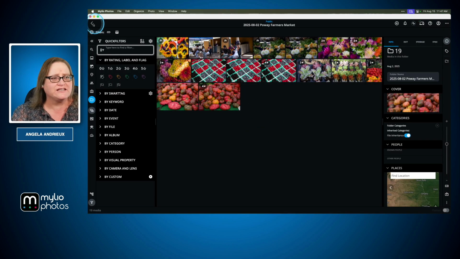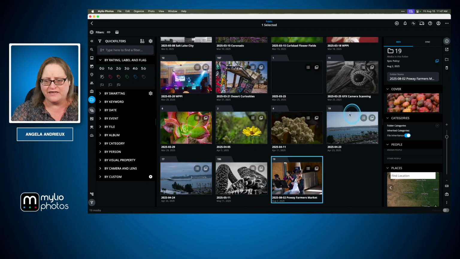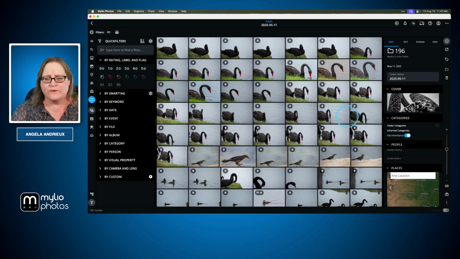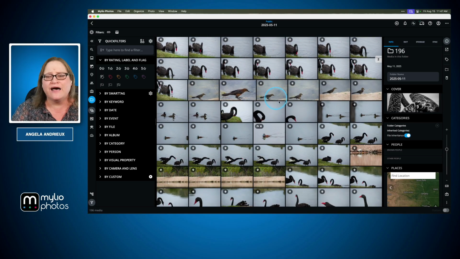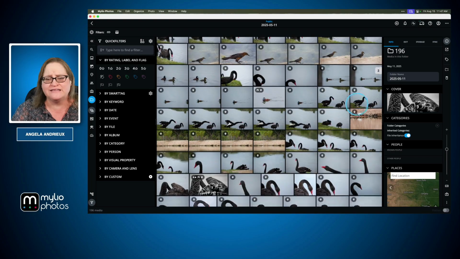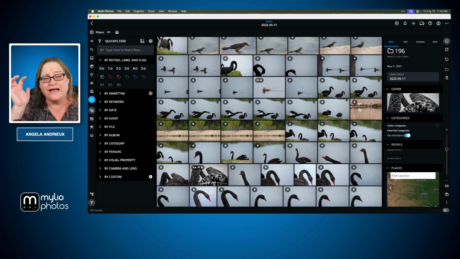I'm going to go ahead and jump back to a different album here, or a different folder rather. And let's go here into this one. Now I've already done some editing and other stuff in here, but I want to show you the power of Declutter because that's going to group together the burst mode photos. And you can see as you flip through here, there's a lot of areas where the images are very similar. And that's because I was holding down that shutter button on my camera and getting several images back to back